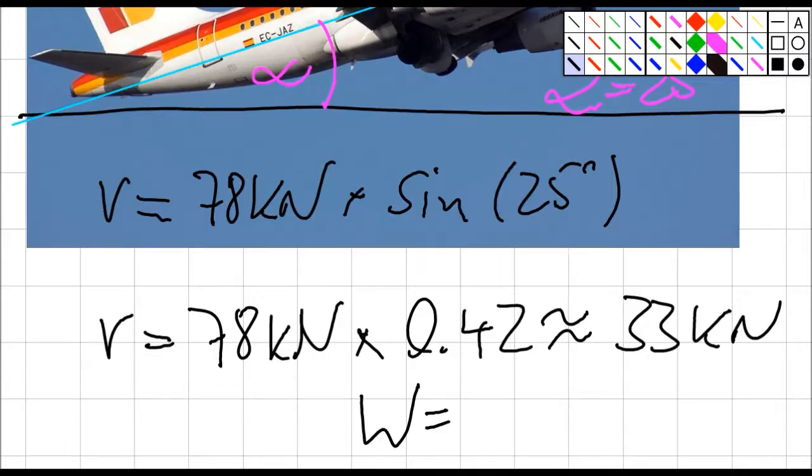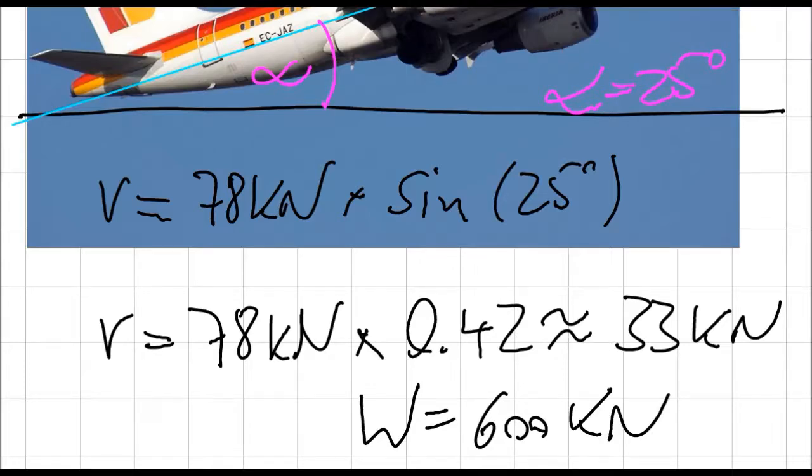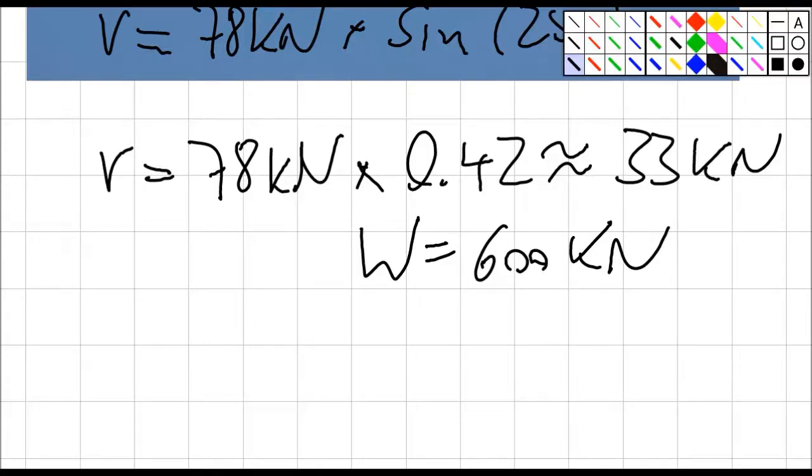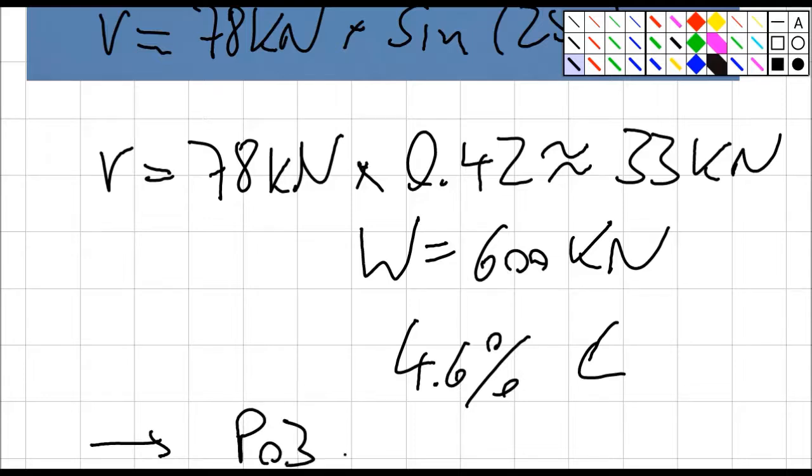And we remember our weight was 600 kilonewton. This is the minimum lift we need. And again, the amount of lift we can generate from our angled thrust vector is only about 4.6% of the lift we require. So we're still missing 95+% of lift, and we have to look into P03 and P05 to learn how to generate